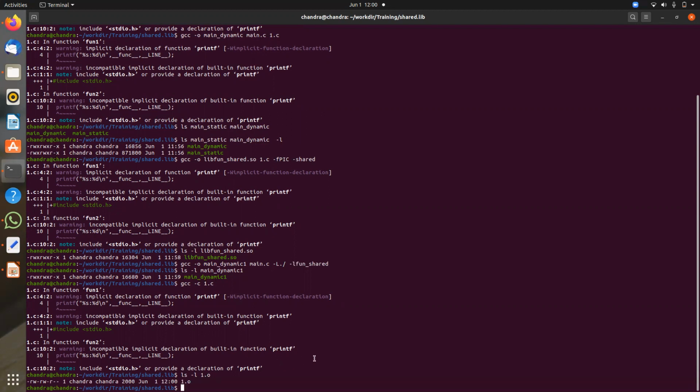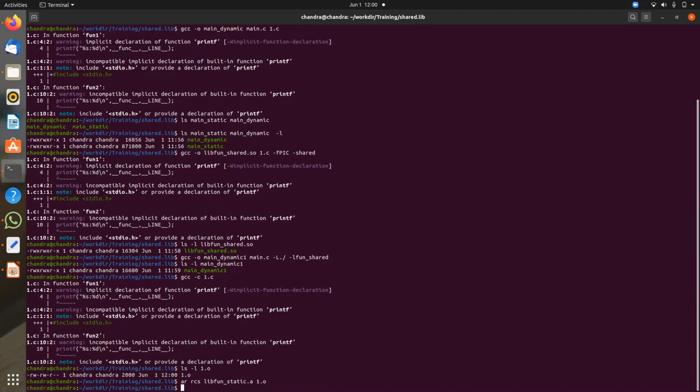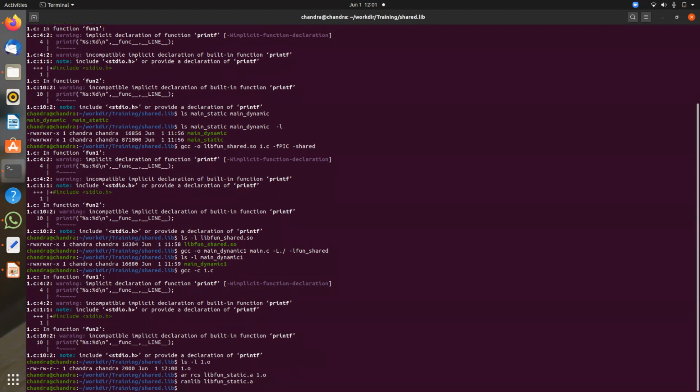So I have to use some tools to create the static archive: ar rcs libfun_static.a 1.o. I'm archiving this, and then I run the tool ranlib libfun_static.a. This is a static library now, so I can use it for linking.